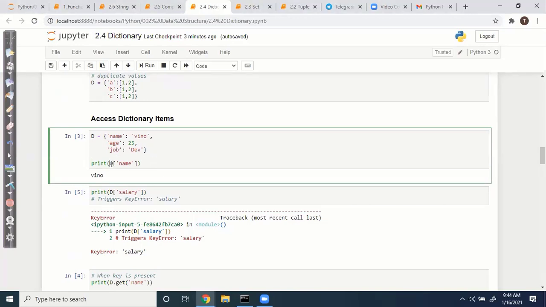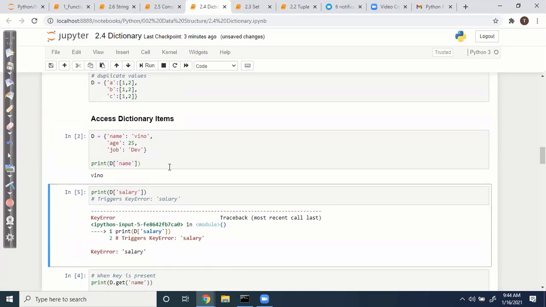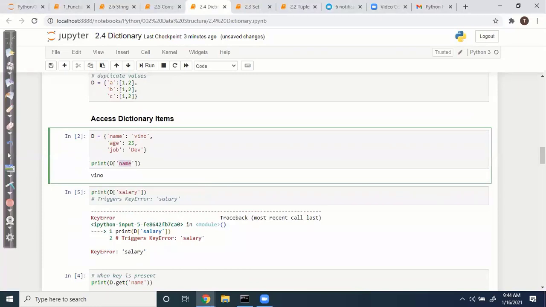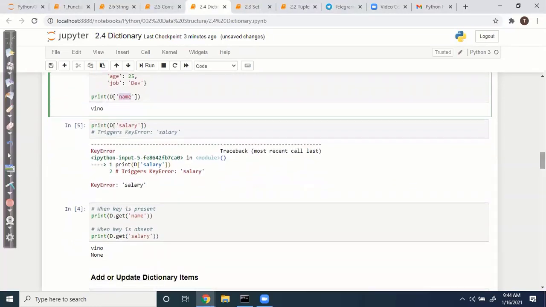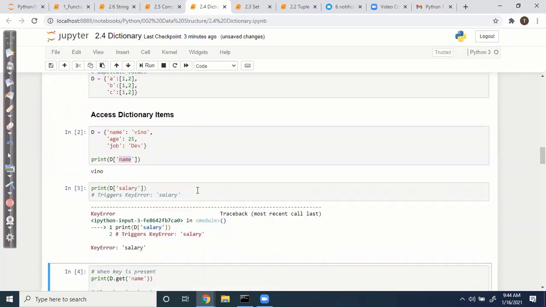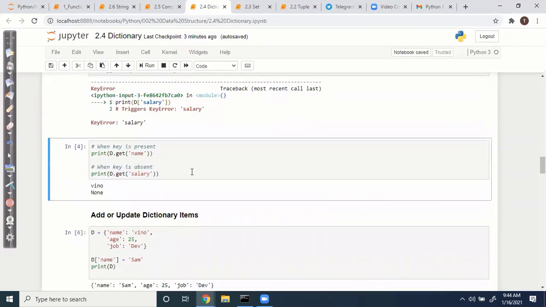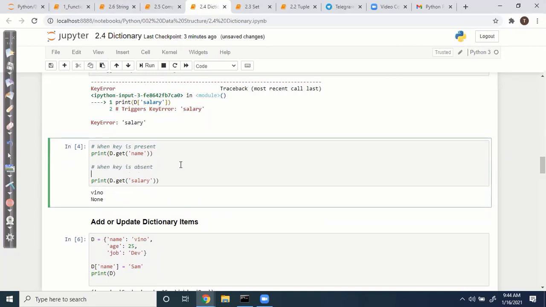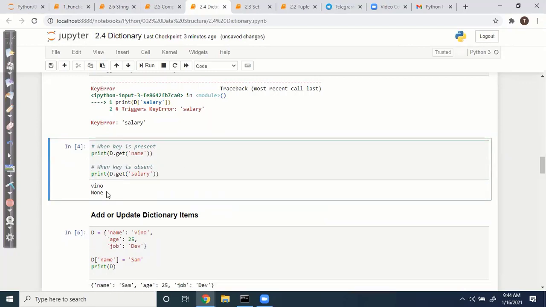If you want to get any value, instead of an index you use the key. Here salary doesn't exist, so accessing it shows an error. To avoid the error, you can use the dictionary's inbuilt get function. Even if the key doesn't exist, it doesn't show any error. It gives None if it is not there.